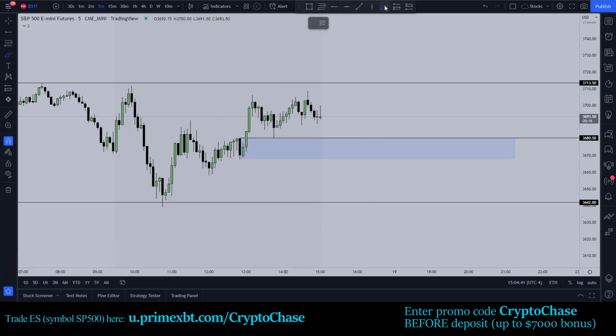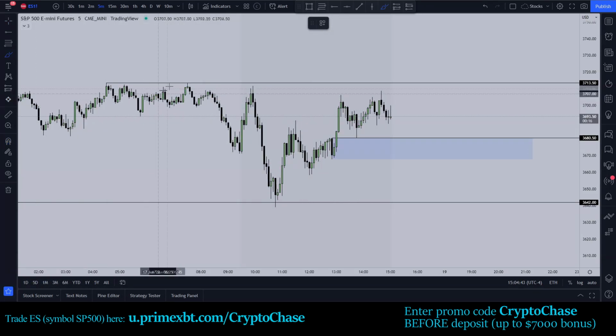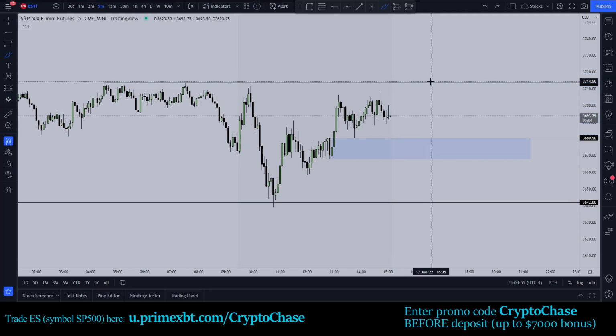And I wouldn't be surprised, because remember, we still have all these equal highs up here, and in my opinion, they need to be run. That's my target right now, and I still have not reached my target. I would not be surprised if they come down and sweep this and then go. That's possible. You're trying to scare the people who took this opening position. But as long as basically,